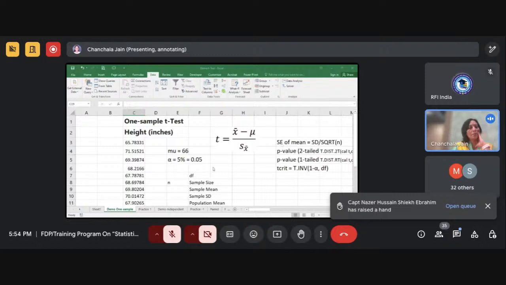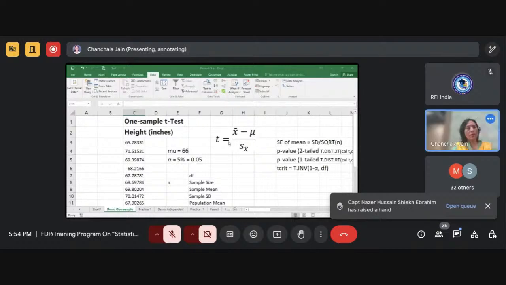T-test, ma'am, paired. Kindly share the whole screen, if you don't mind. I think I have shared the screen. Ma'am, we are unable to see that pop-up window. Oh, I think you can go to the Data Analysis ToolPak. There you can find it. It's not listed there, so there is no use of sharing that. No problem.